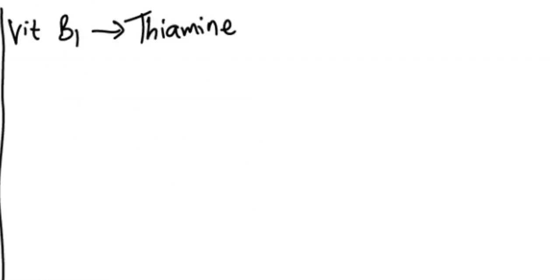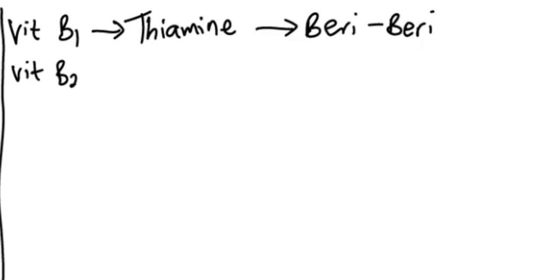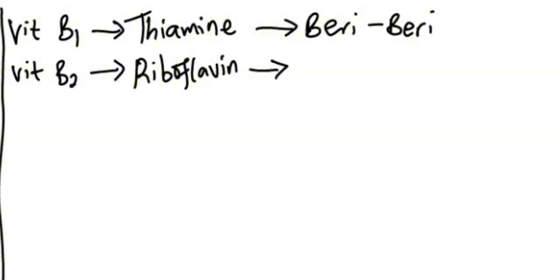When you have B1 deficiency, you have what we call beriberi. So B2, vitamin B2 is called riboflavin. Now, if you are deficient of this, you have what we call